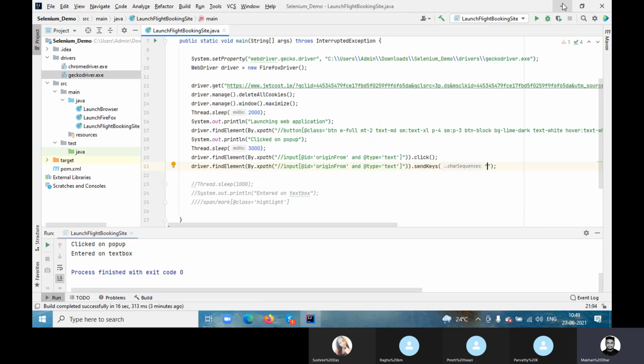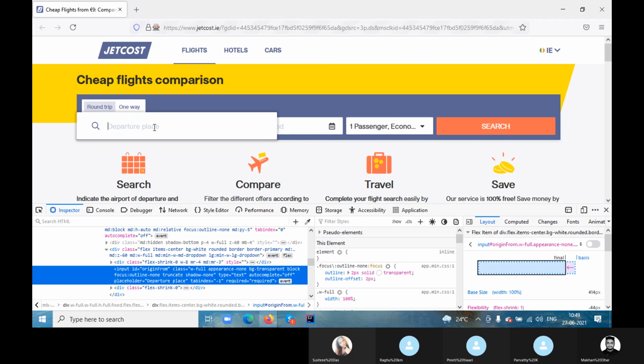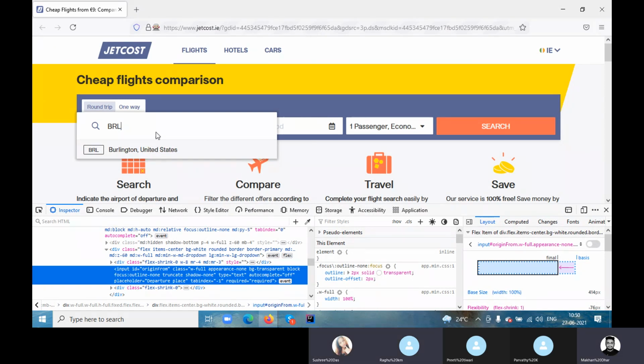Now the question is, BLR. If I type, what is the output? Okay. BLR. Oh, sorry. BLR. Okay. I should get this kind of page, right? Before I do any action. Okay. Let it be.